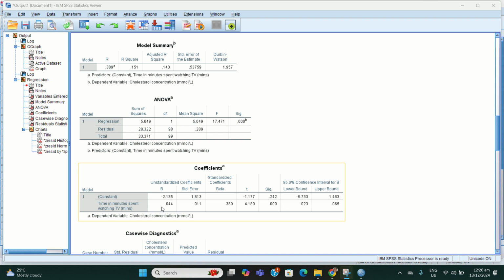Remembering that the slope coefficient represents the change in the dependent variable for a 1 unit change in the independent variable, there is a predicted increase in cholesterol concentration for every extra 1 minute of daily time spent watching TV.